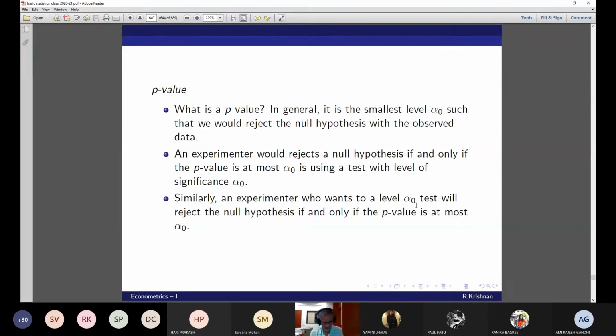What this actually means is this. Doing the power function analysis, all those stuff, your alpha 0 turned out to be, from the example that we saw with an exponential distribution and uniform distribution, 0.0667. The p should also be 0.0667. Then you can reject it at the alpha 0 level.